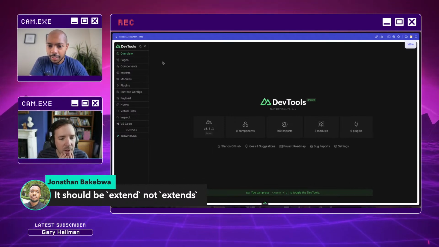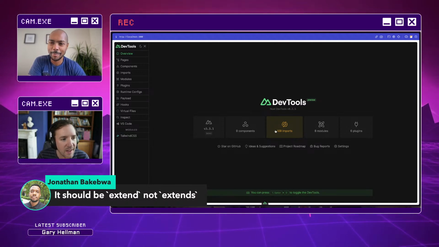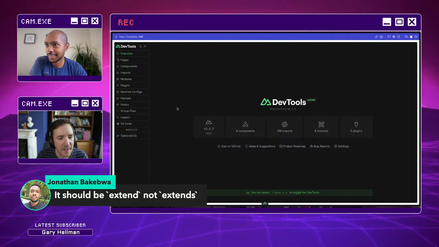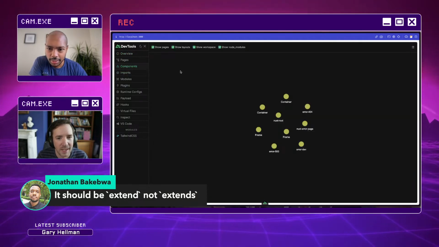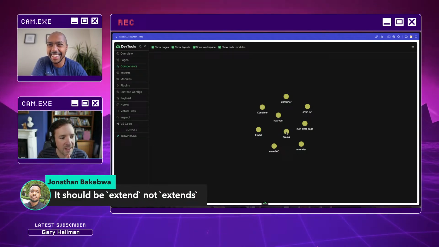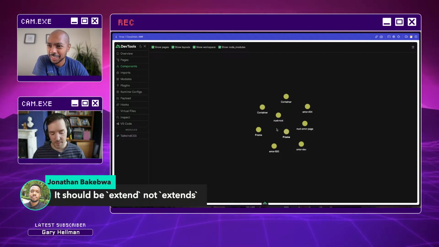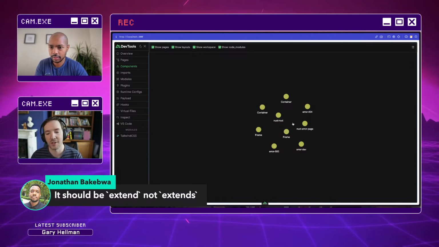What am I looking for? What am I looking for? Someone help me. Someone who knows Nuxt better than its maintainer, help him. Click components, maybe. Let's try that again. Components. We must be able to click this and see it. For goodness sake. I don't know what's going on. Try shift. You might actually see it in your dev server. If you open your console again, I think it might give you a little